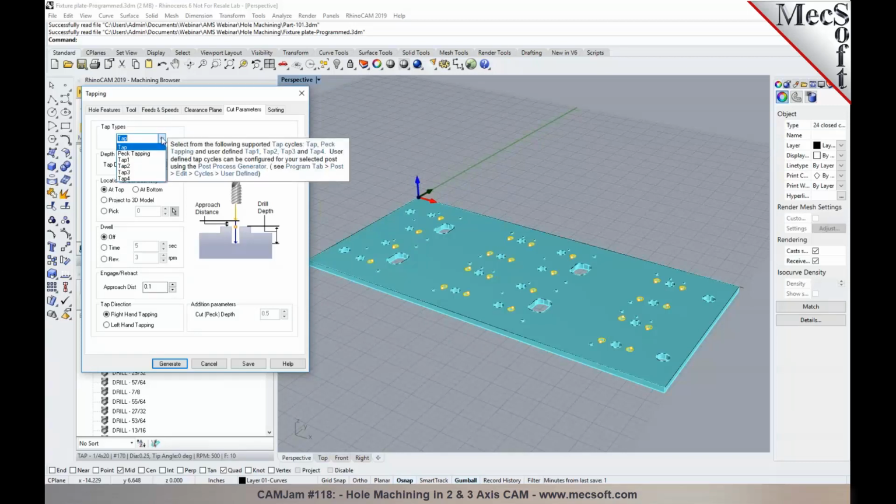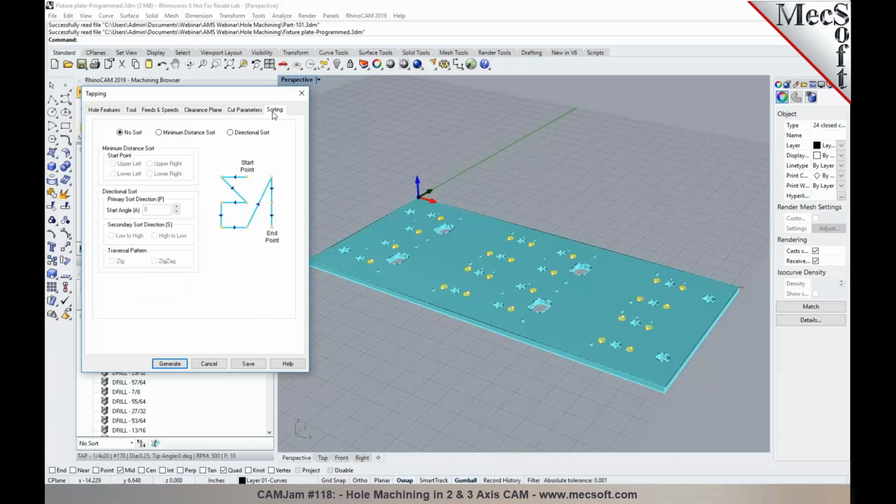You can do just a standard tap, or you can even do a peck tapping by specifying a peck depth per peck, like a step increment, and specify your total tap depth and the approach distance, which is basically the retract plane until which the tool will rapid down to the approach distance, and then it'll apply the cycle feed rate for the tapping operation. And you can pick the tap direction and apply sorting